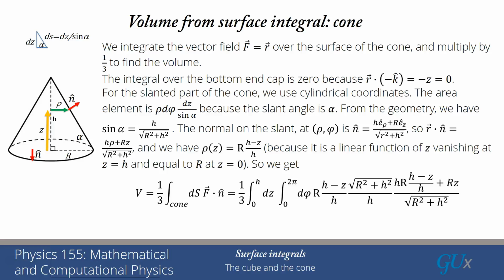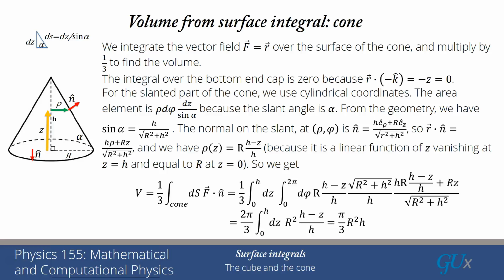Now there's going to be a lot of cancellations here. You can see the square roots cancel. You can see that there is an h in the numerator and 2 h's in the denominator. I've got an h minus z factor. I've got a big R factor. There are 2 of them that will come out of the numerator, and so forth. I have to put all of this together, and in the end, when I do that, what I find is